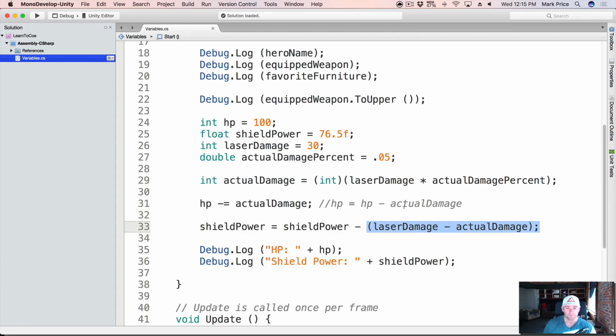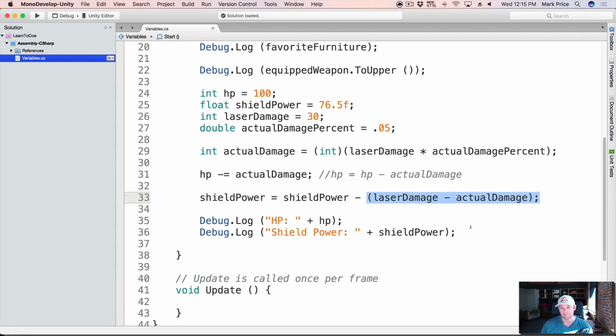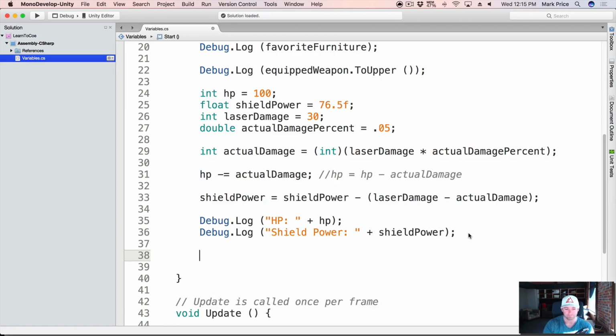Cool. So we've worked with ints, we've worked with floats and doubles. We've done some multiplication, we've done some subtraction and addition. You can also do division. Okay. I'll just show you some simple math here. So we can say int, let's say slices equals, well, it doesn't matter. This is just division. So if you want to divide 10 divided by 5, for instance, to get slices,